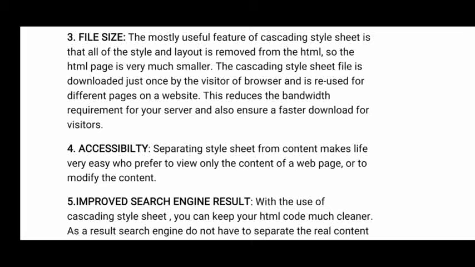The third advantage of using a CSS file is file size. Using a CSS file, you can decrease the file size. How can you decrease the file size? Let me give an example. As I already said, we have an SBI bank website. In that we have 100 pages. For all the 100 pages, I want to change the heading size, the background color, the font color, the background image, and the logo. 5 properties I want in all the documents, right?